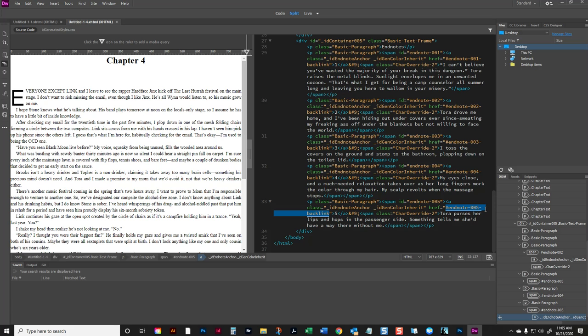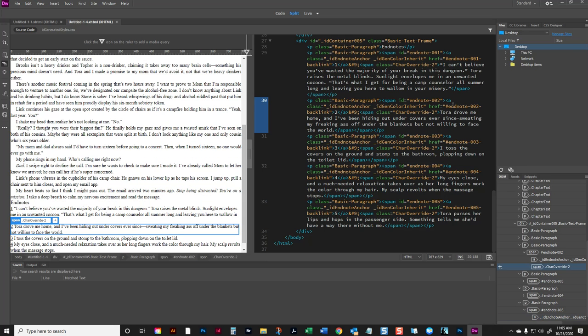But we know that this EndNote 005 backlink, I believe, is in Chapter 3 or Chapter 2. So to get these to work, we have to add the file name here. InDesign is missing that file. So call it a bug, call it a quirk, call it they haven't figured out how to fix it yet. I don't know. So if you have these situations, you have to add in the file name,